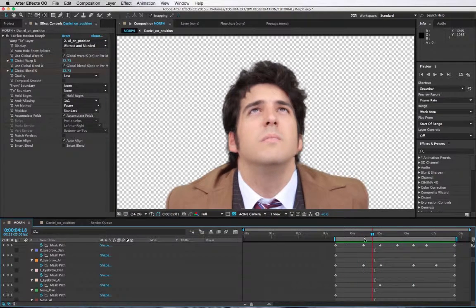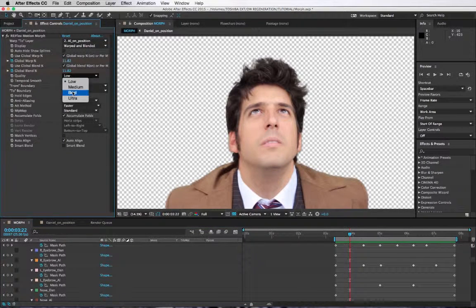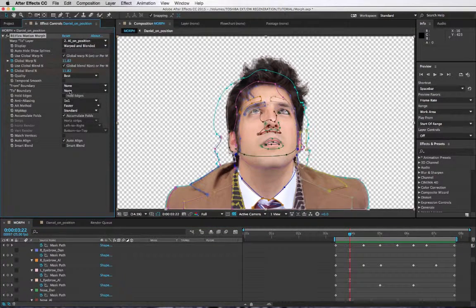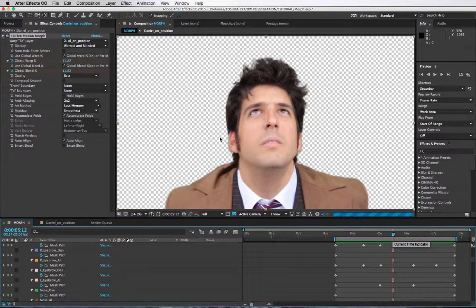So for the next part of the tutorial, we need to render this because it takes a lot of time to render the motion morph. So in fact, we're going to put better settings, so best or ultra, depending on what you want. I'm going to change the anti-aliasing to 2x2 and the MIP map to smoothest. Anyway, we are going to have some, if I go here to the middle,